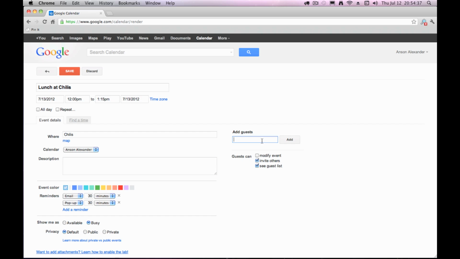And if the person has a Google account and you invite them, it's going to show up on their Google Calendar, unless they want to remove it or something like that. But even if the person does not have a Google account, you can still enter their email address to invite them, and they'll get a pretty cool looking email that says, Anson Alexander, or whatever your name is, has invited